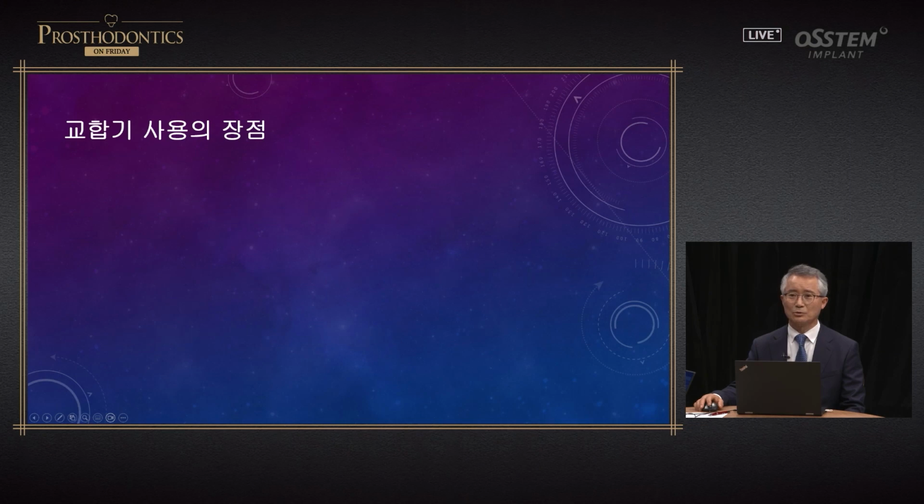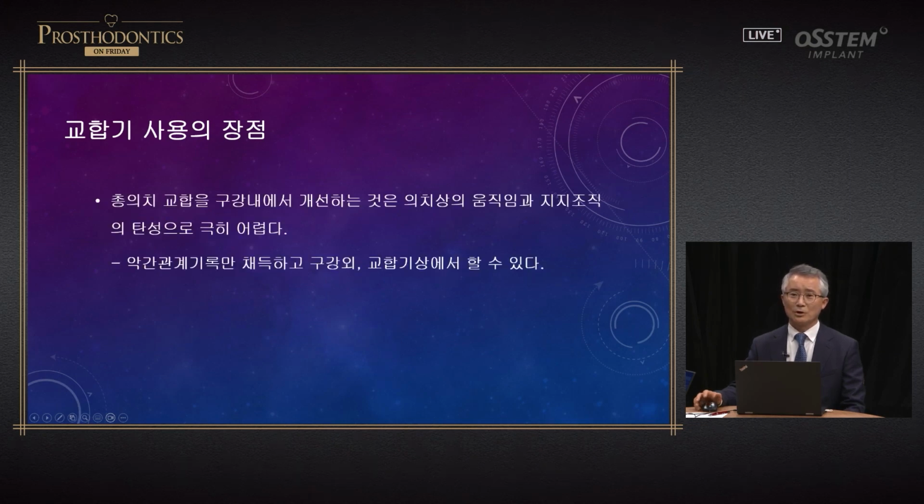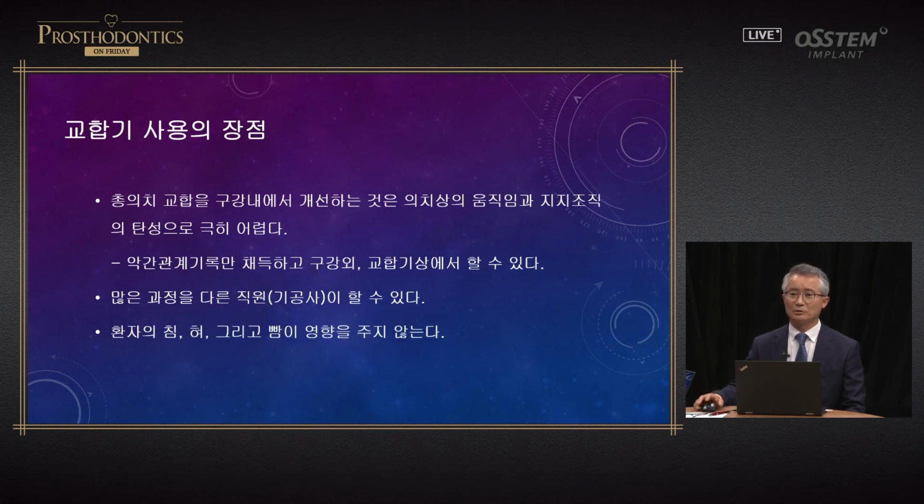It's the same with crown bridge as well. Improving full denture occlusion intraorally is extremely difficult because of the mobility of the prosthesis and elasticity of supporting tissues. After taking interarch relations intraorally, you can do it using articulator extraorally. I believe the fact that we need to use articulator extraorally is very important. Mounting can be done by lab technician. We can have others do it. Patient's saliva, tongue, and cheek do not affect the results. There are many advantages.